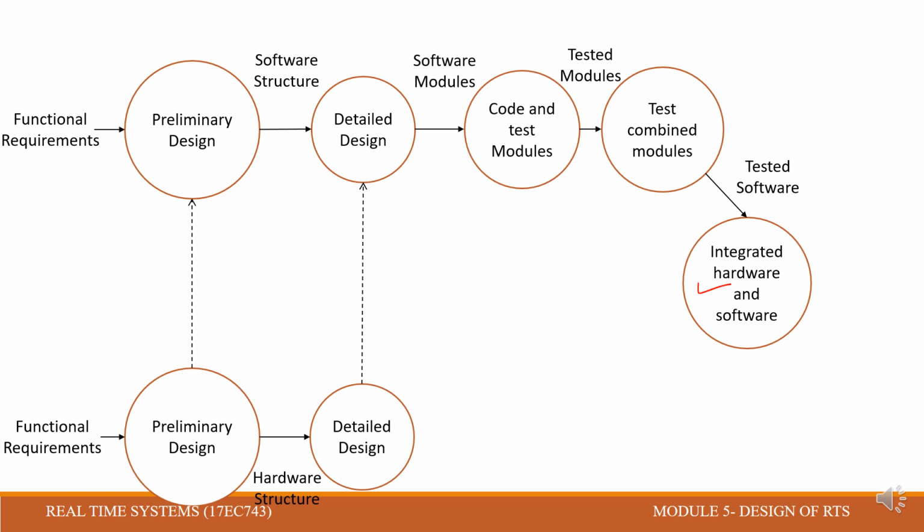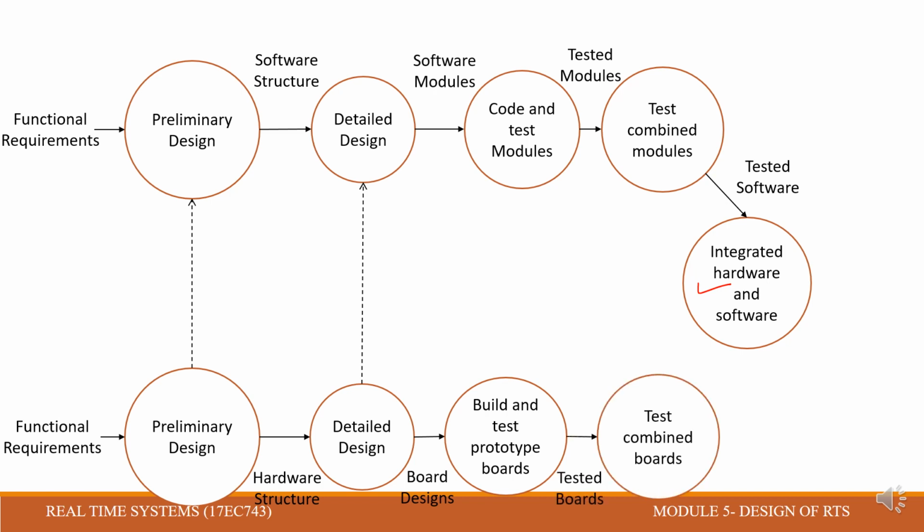We need to question ourselves: are separate ports going to be used for analog and digital inputs? Can the processor and memory be located on the same board? And what type of bus structures should be used? These are the basic questions that arise while choosing the detailed design in the hardware part. After you frame the hardware circuit, the prototype boards are made, rigged up, and tested.